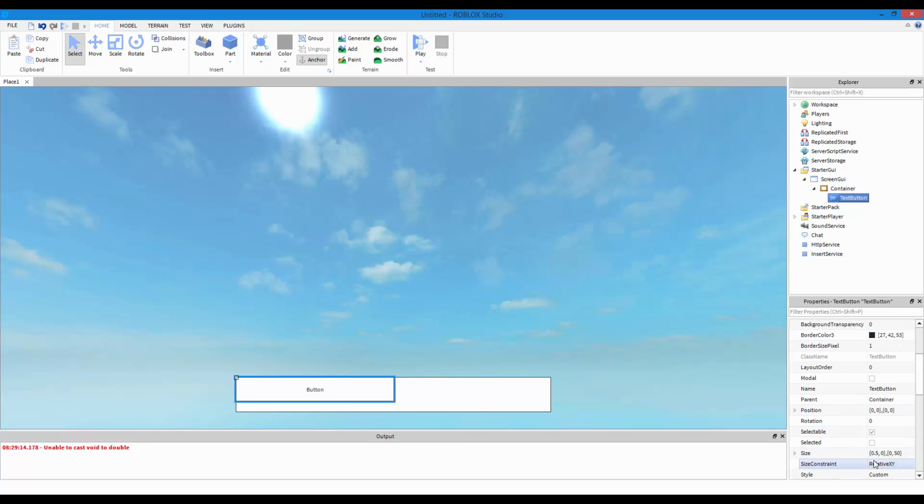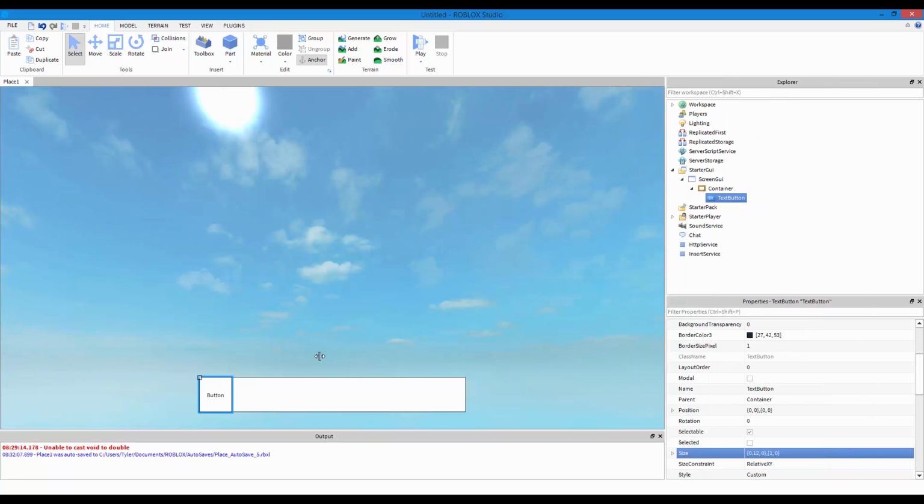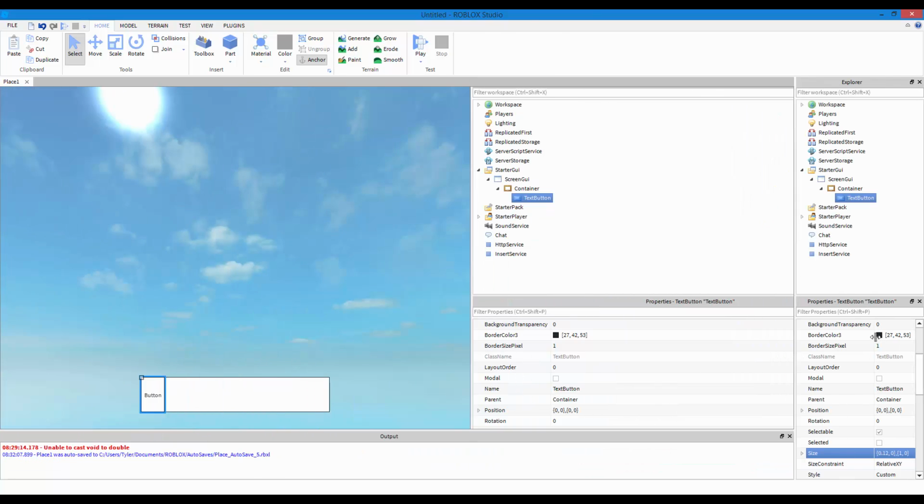Okay, so now what we're gonna do, let me just get the right size. 0.2, 0.1. Oh gosh, I don't know why I put 0.1. This is just gonna be probably a 1, and then let's just try to make this square as possible. And I'm trying to do it without pixels because we don't want pixels. So as you can see how it resizes like that, the button.